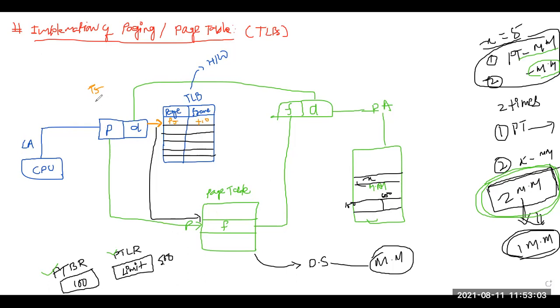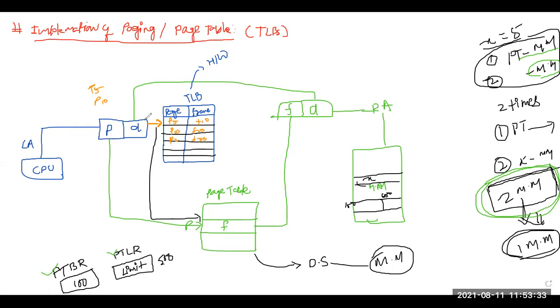Fine. Similarly, suppose next time it requests page number 10. So again it will not find it. So again I will go back to the page table. That means I will access the main memory. Then I will be back. I will find page 10, with frame 20. Similarly, some page 2, now with frame number 30. Now this process will continue.